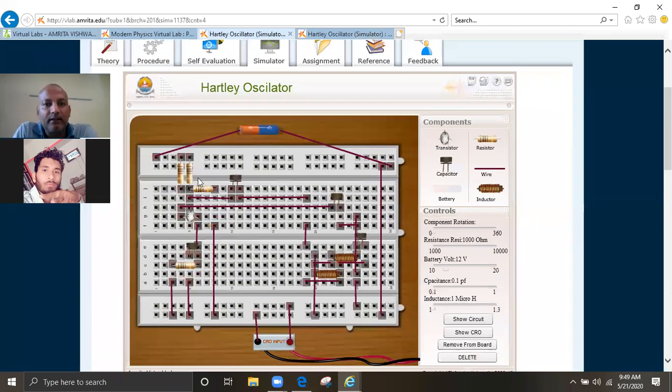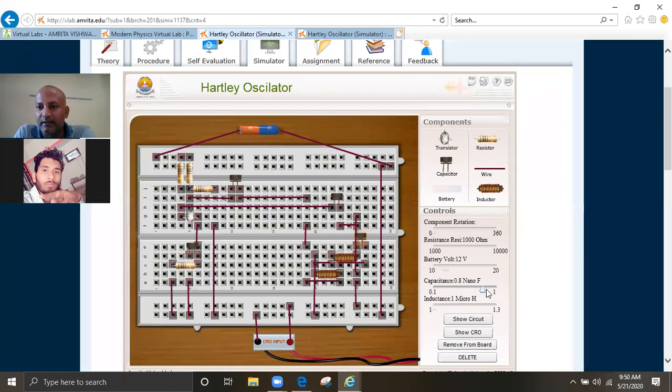You can change the value of Rc, R1, R2, Re according to your requirement, and the value of L1, L2 and C. Change the value of C from here, from 0.1 picofarad to 1 nanofarad, sorry.